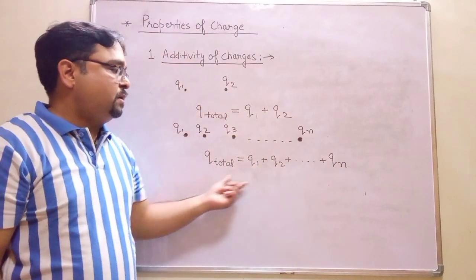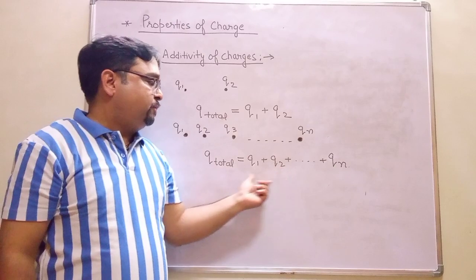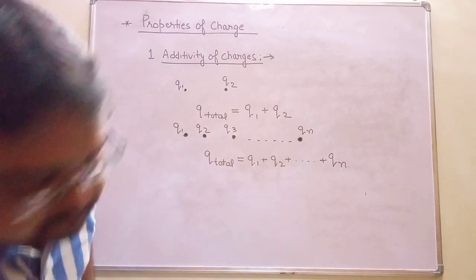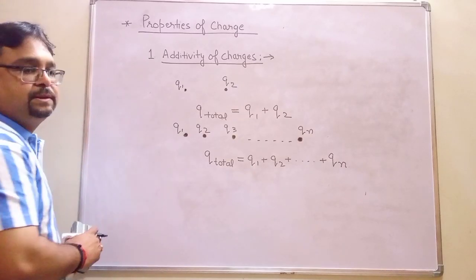So the algebraic sum of all the individual charges will give you the total charge of the system. Second property is